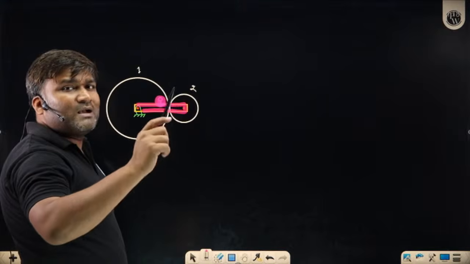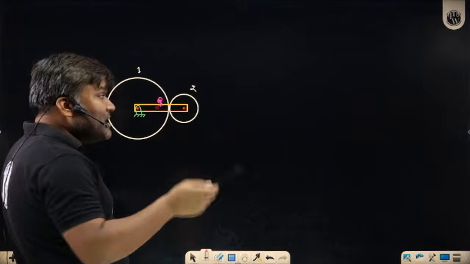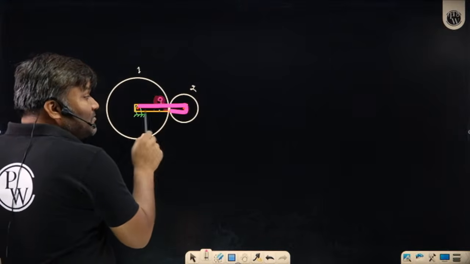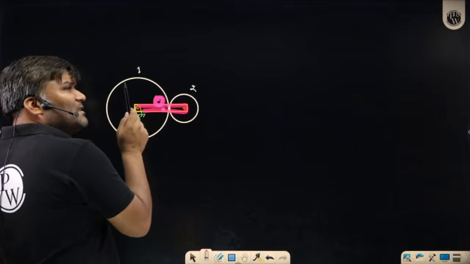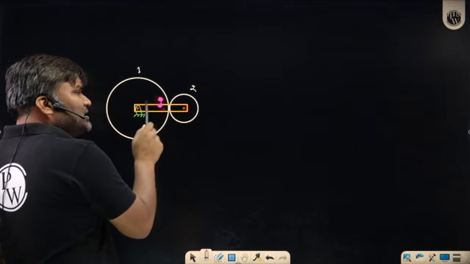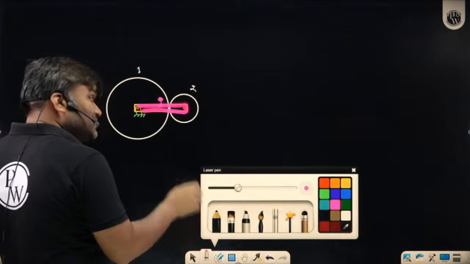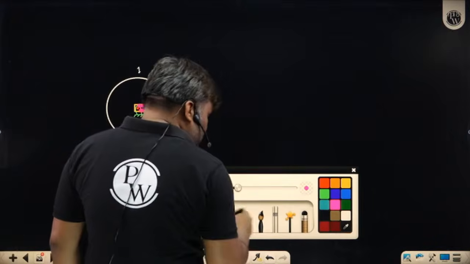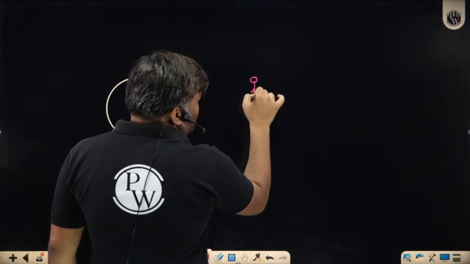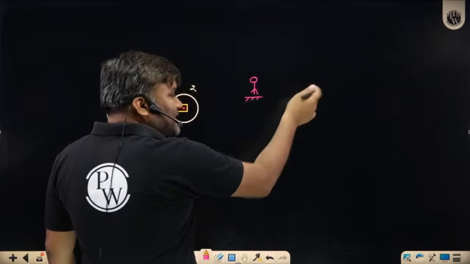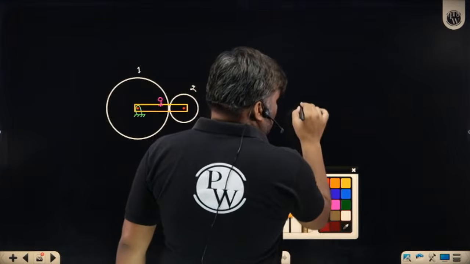You were not able to write omega 1 by omega 2 equals T2 by T1. I am sitting on this arm. I cannot find this arm rotation. I see this arm is at rest. Can I write? So this candidate, this one can write omega 1 by omega 2